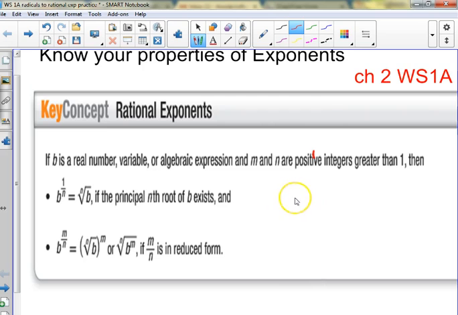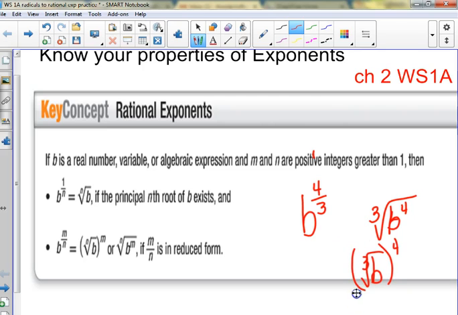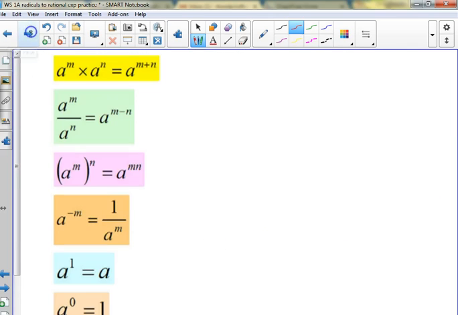So if you have something like b to the 4/3, what does that mean? Okay, cube root of b to the 4th. It can also be written the cube root of b with the 4th on the outside. Okay, means the same thing. All right, and then we're going to talk about reducing those today. Before we do that,